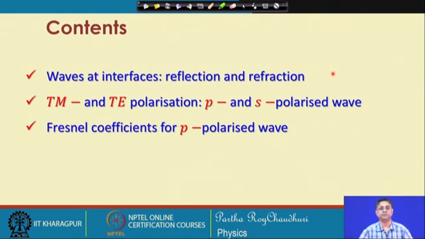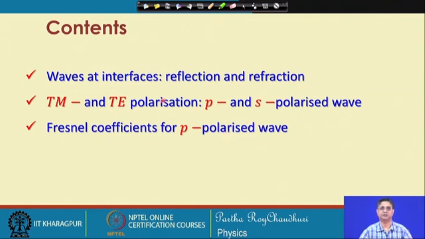Then we will look at the reflection and transmission properties of the P polarized wave in terms of the amplitude reflection, amplitude transmission, and we will try to study this particular P polarized wave in little more detail, so that the knowledge can be carried forward to the discussion of S polarized wave and a comparison of both the polarization properties of the electromagnetic